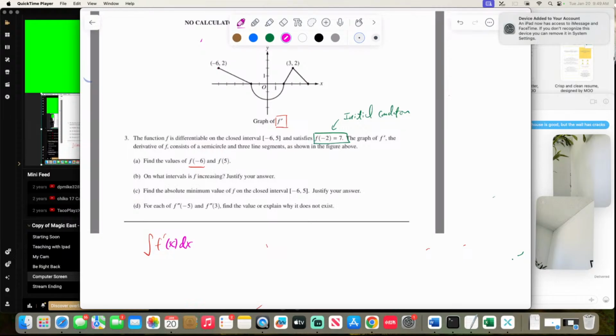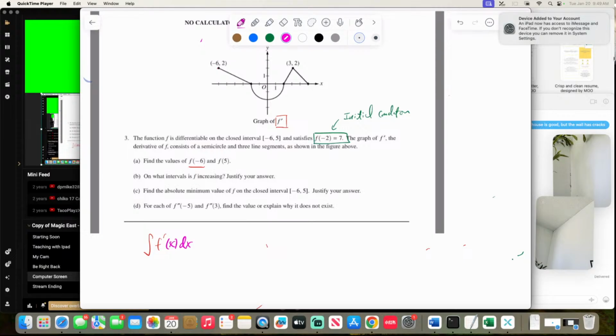The integral from -2 to 5 of f prime of x should equal f of 5 minus f of -2. And so that means f of 5 equals f of -2 plus the integral from -2 to 5 of f prime of x dx. So this one is 7 plus the integral from